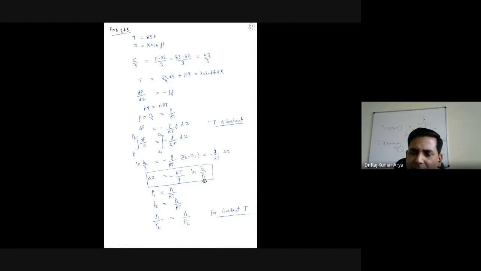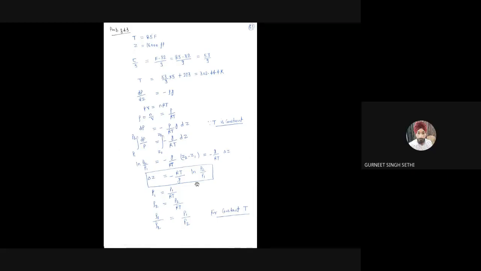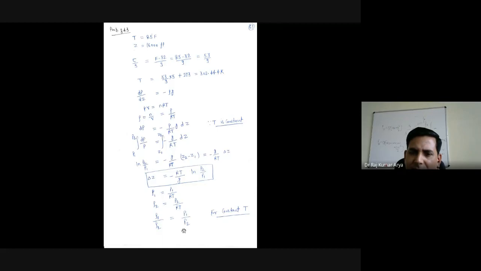So from here, then you have the expression for your density rho 1 equal to this, density rho 2. So you get rho 1 upon rho 2 equal to P1 upon P2 for constant temperature. That's what they say, the temperature is constant. Yes or no? Yes, sir. So at the place of this pressure ratio P1 upon P2, you can substitute this density ratio here. So delta Z equal to minus RT upon g ln rho 1 upon rho 2, because this is what you got from here for constant temperature.